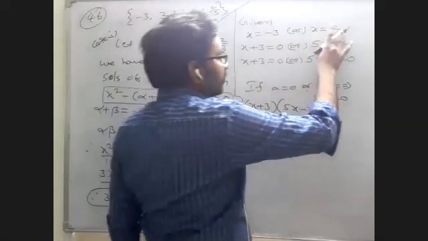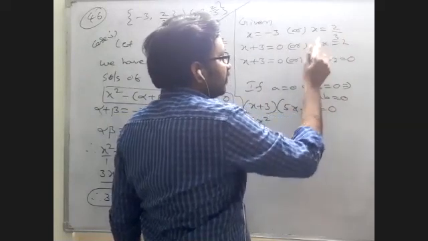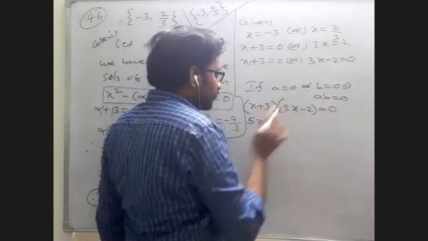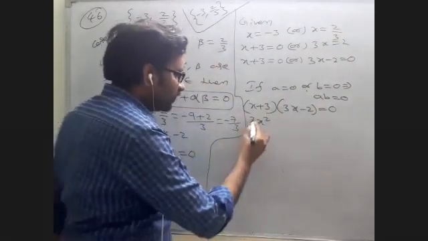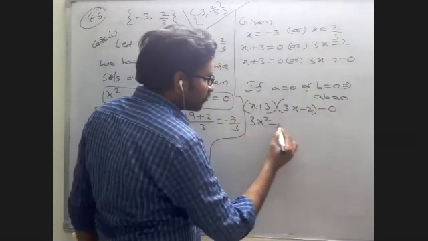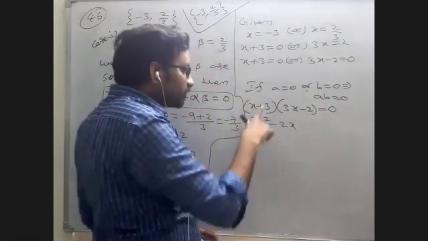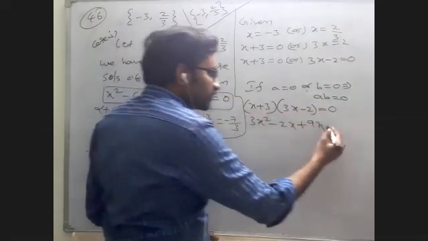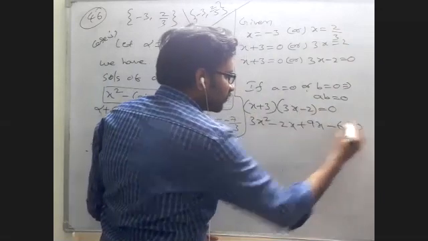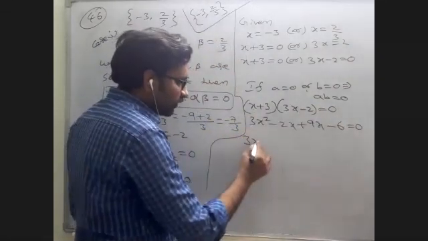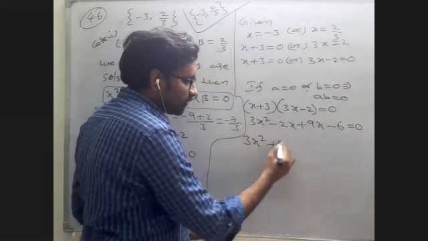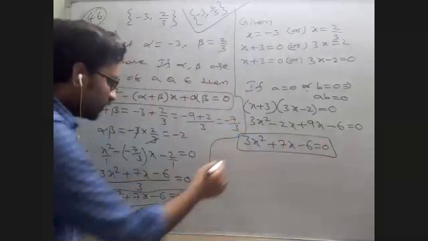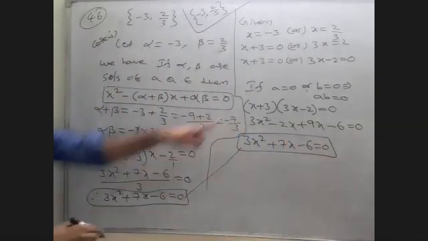Then I am taking here also 2 by 3, and this will be 3x, and this will be 3x. x into 3x will be 3x square, and x into minus 2 will be minus 2x, and then 3 threes are 9x, and this minus into plus minus 2 threes are 6 is equal to 0. Now 3x square, 9x minus 2x plus 7x minus 6 is equal to 0 is the required quadratic equation. Both are same.